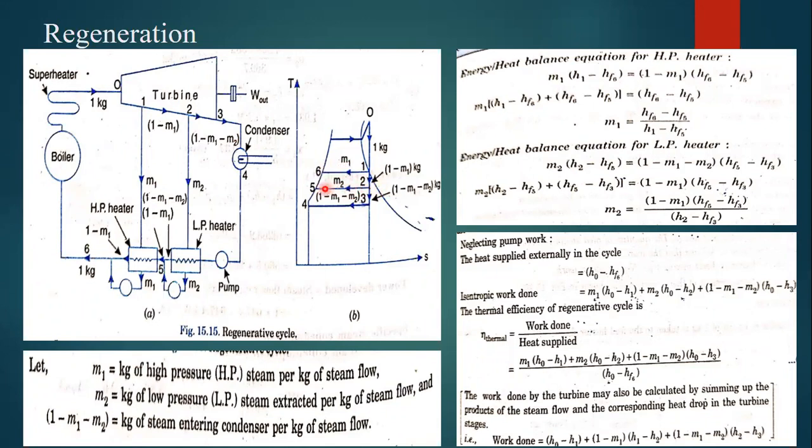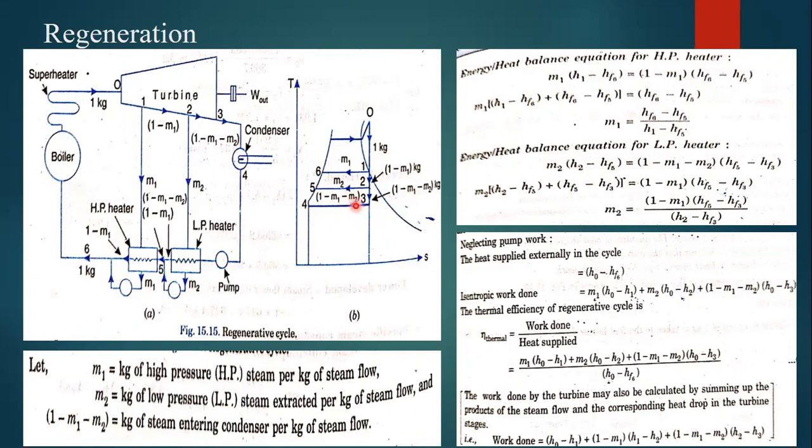Again, m2 kg of steam has been extracted, and we are left with 1 minus m1 kg. When m1 kg of steam has been extracted, we have 1 minus m1 kg, and again from that we have extracted m2 kg of steam. How much are we going to have? 1 minus m1 minus m2 kg of steam. Right here to the condenser, we are feeding the 1 minus m1 minus m2 kg of steam, and it is going to liquefy. Okay, 3 to 4 is constant pressure